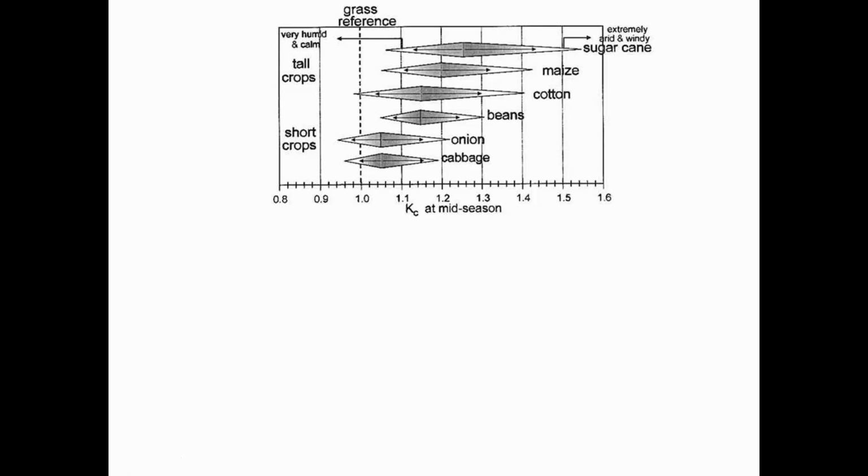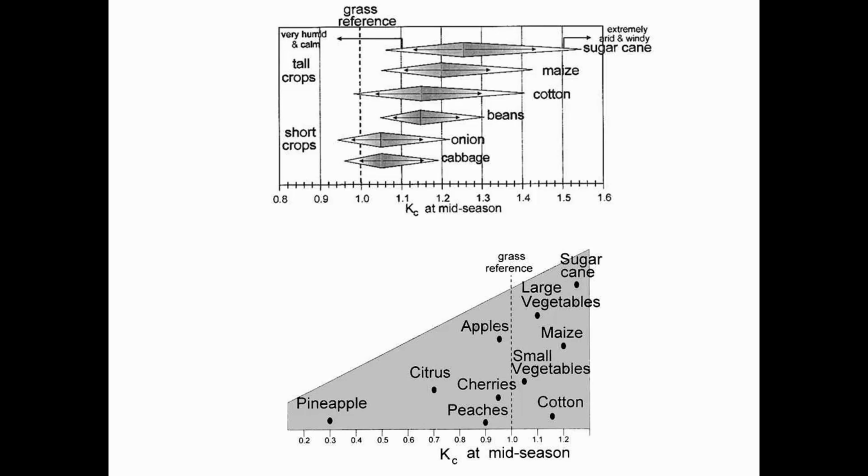And then one other interesting figure that was online was showing the same kind of thing, using grass as the reference, and for different crops. Here's corn again. Maize is higher than the grass. But in the case of pineapple, what's interesting is that it requires so much less water because when